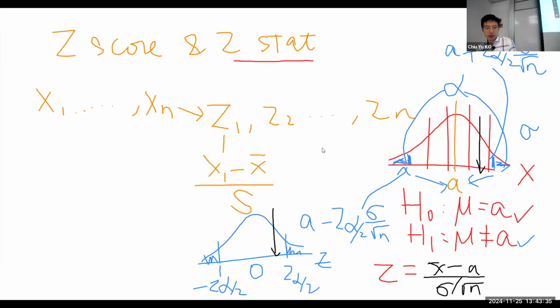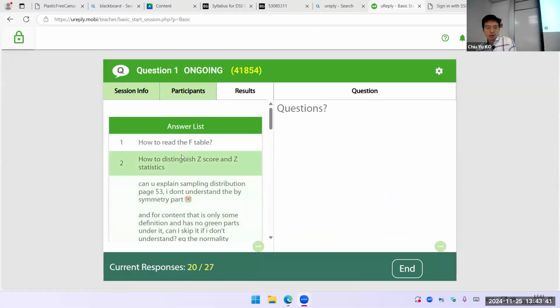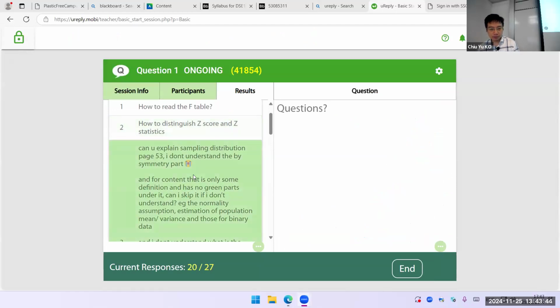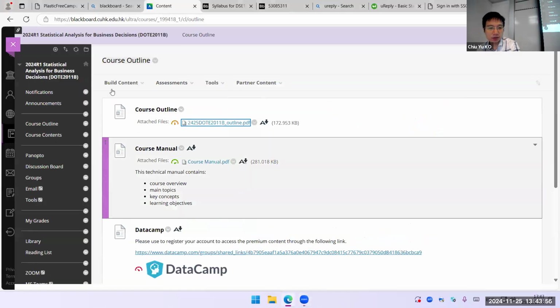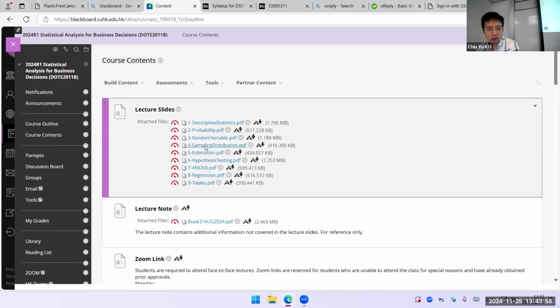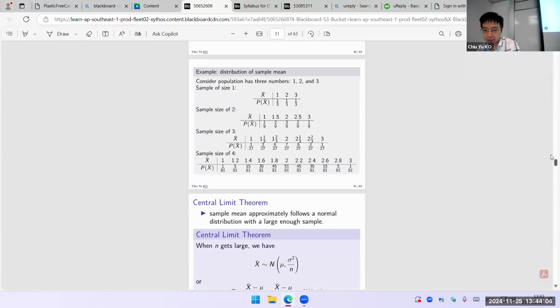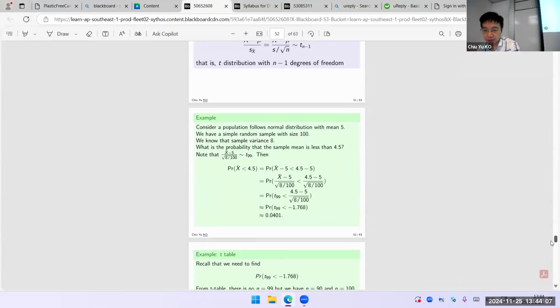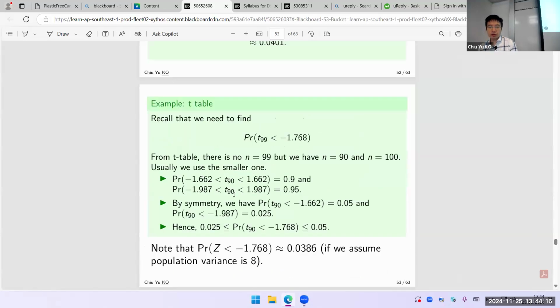So let's see the next question there. Oh, I should share the screen. So I go down to question 3 first. Can you explain the sampling distribution on page 55? Page 55? Slide page 55? Oh, page 55. I do have page 55. So here I said,